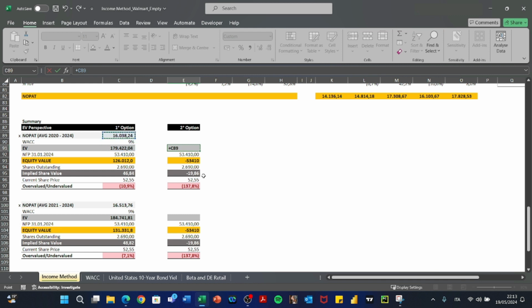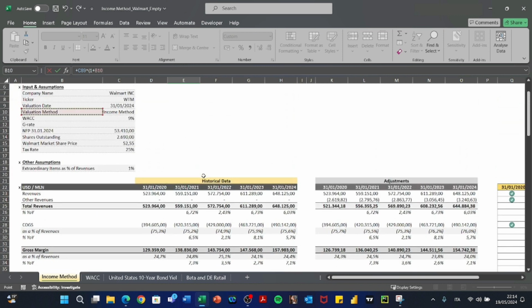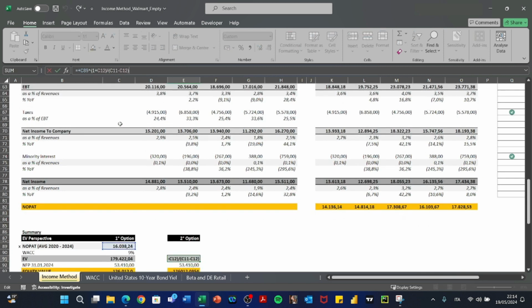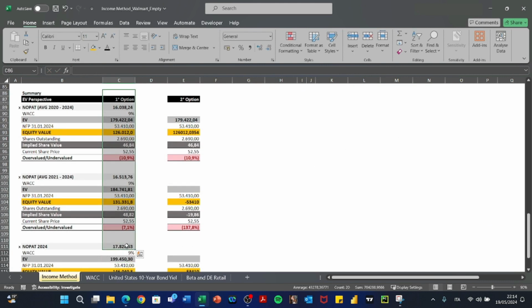We basically get the NOPAT, multiply by 1 plus the growth rate, divided by the weighted average cost of capital minus the growth rate. The difference between these two formulas is that the first one divides the NOPAT by the weighted average cost of capital,